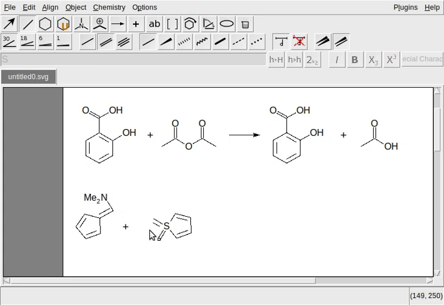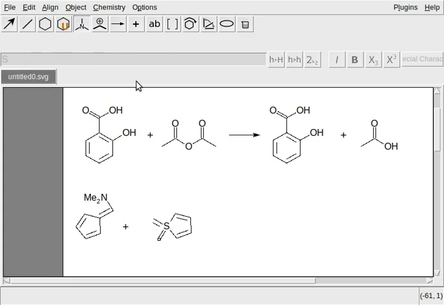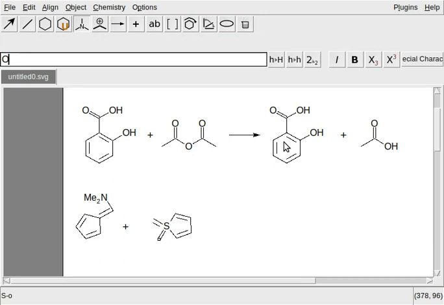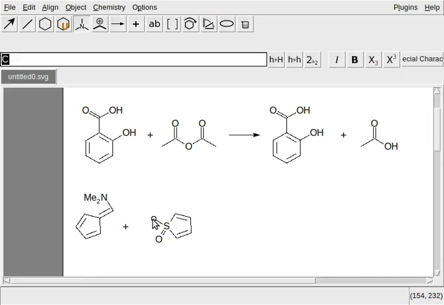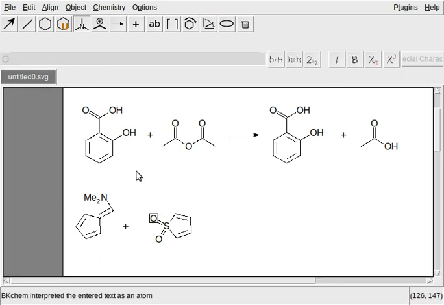Okay. This corner we want to put an oxygen atom, and that corner also another oxygen atom. We type an O atom there, and we type another O atom there. Click there. The atom icon is already selected, no problem. This O will come here. This O looks too much to the bottom. You can move it up.